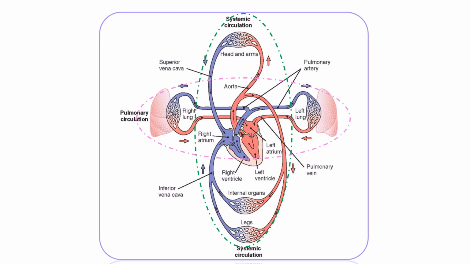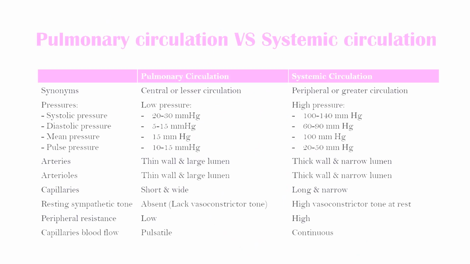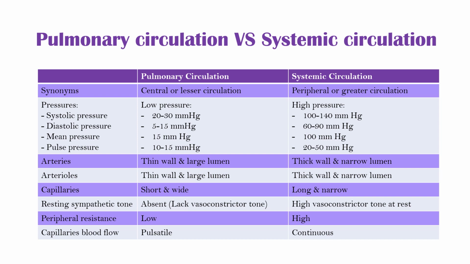Here are the systemic circulation and the pulmonary circulation. Differences between pulmonary circulation and systemic circulation. First, pulmonary circulation carries deoxygenated blood from the right ventricle of the heart to the lungs through the pulmonary artery, while systemic circulation carries oxygenated blood from the left ventricle of the heart to the rest of the body by the aorta. Second,